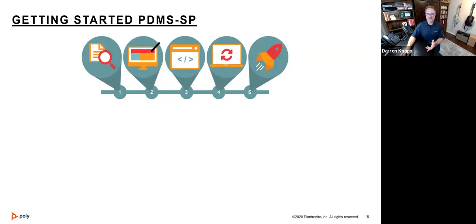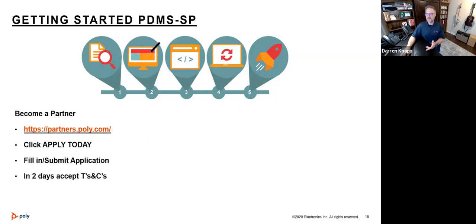So what's the process? How do I get it? I just want to make sure we cover that. Number one, you become a partner. You've got to be a Poly partner to have access to this. And that's not hard. You just go to partners.poly.com, you fill in an application, and in 2 days